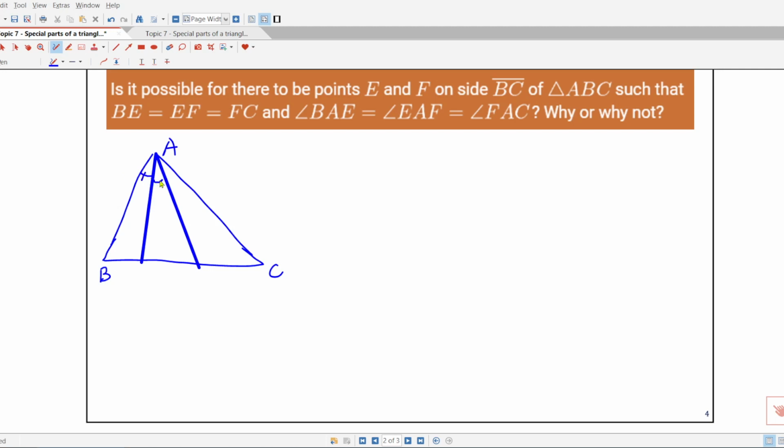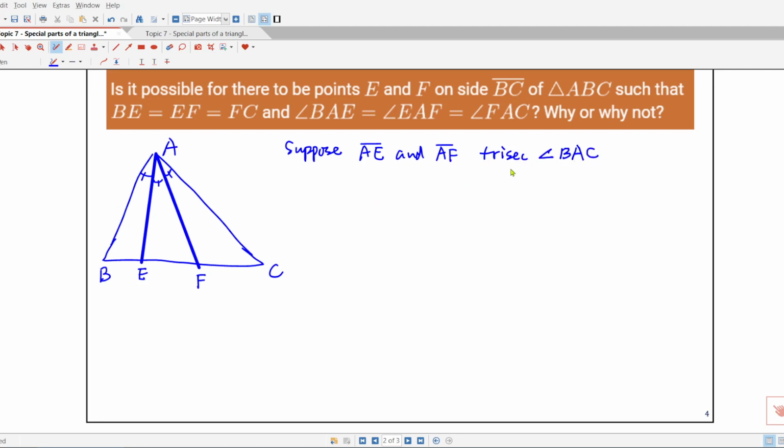So this angle equals this angle equals this angle. And also we can treat this line AE as the angle bisector of BAF, and this line here is the angle bisector of EAC, right? Then suppose AE and AF trisect